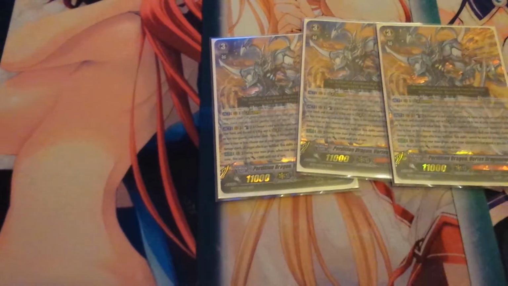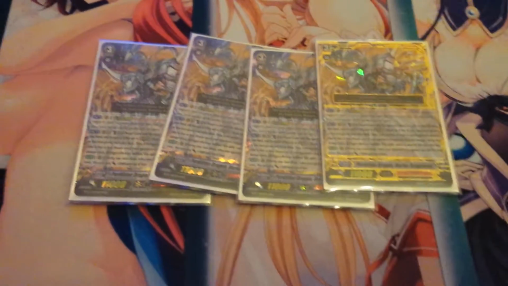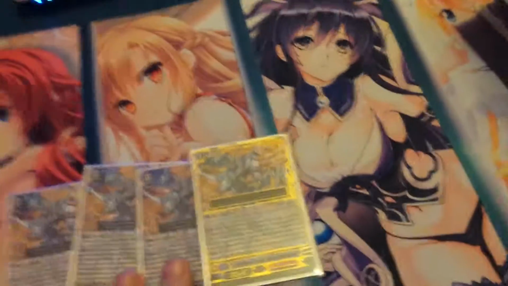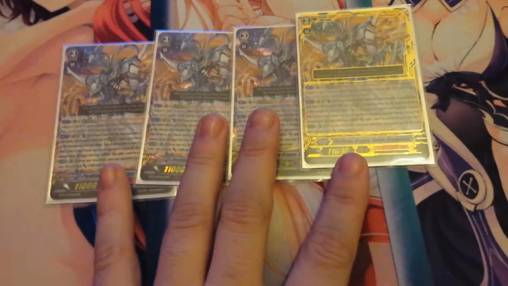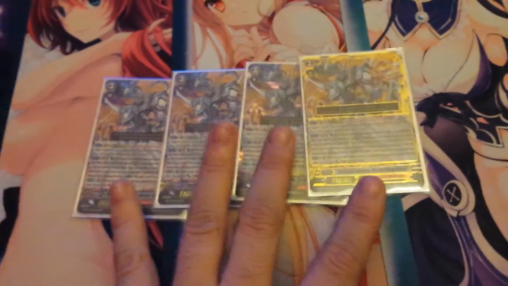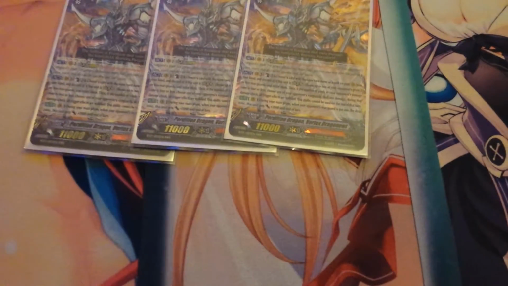I'm running 4 Perdition Dragon Vortex Dragon Newt. I'm running 4 of. This card's good. He legions with Whirlwind Dragon. What his effect is: